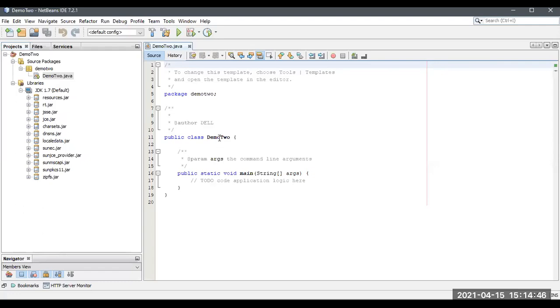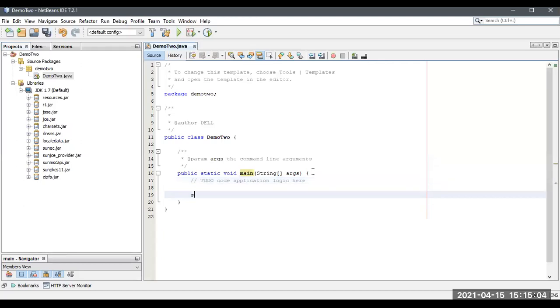NetBeans automatically creates a class which has a main method. So inside the main method, we are going to check. I'm going to write a small program.